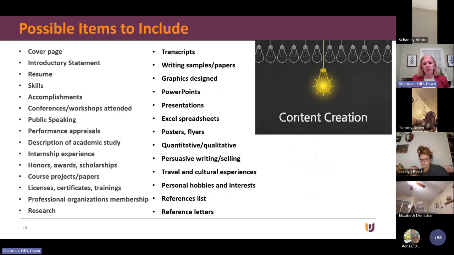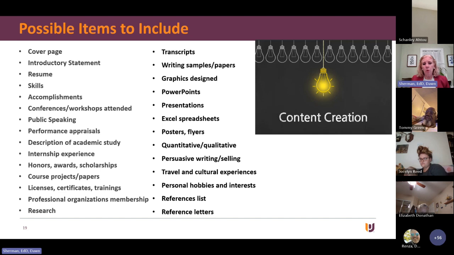So here's just a sample of the things that you could be putting into your portfolio. So you go, I have nothing to put in here. You have all kinds of things. Think about your transcripts, particularly if you have really good grades. Get a copy of your transcripts and put it in there. Even if it's unofficial, that's fine. You can show them. So papers you've written, PowerPoints, graphs, skills, travel, hobbies, projects, honors projects, anything that you have